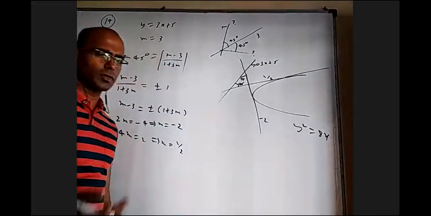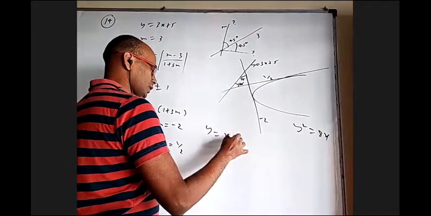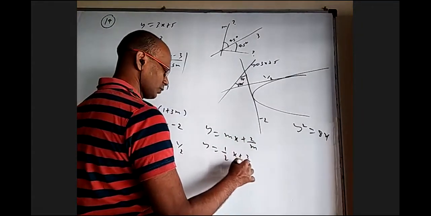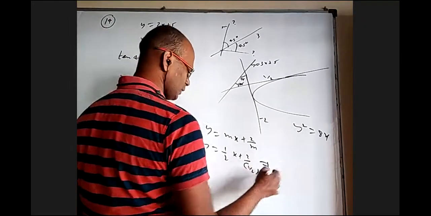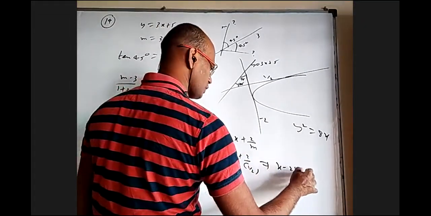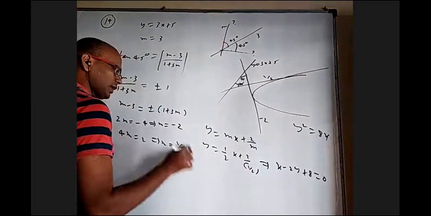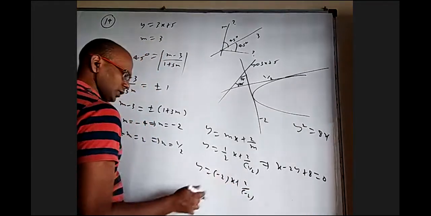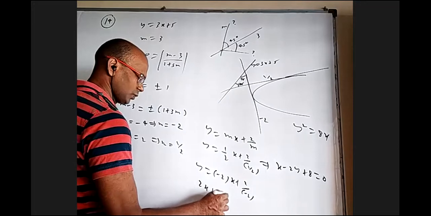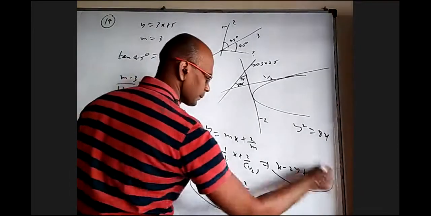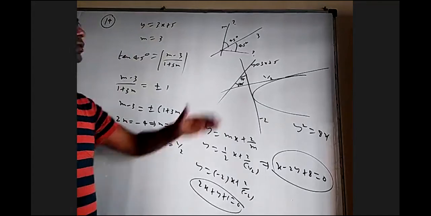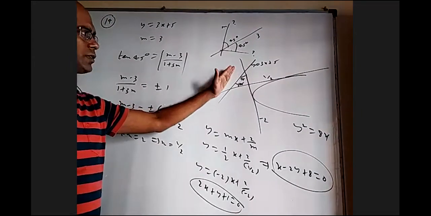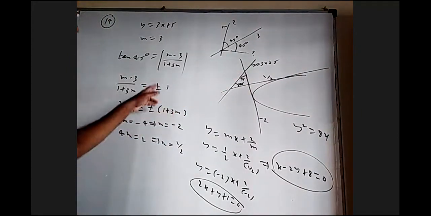We have the direct formula y equal to mx plus a by m, so y equal to mx plus 2 by m. M is 1 by 2, I can put. That will give me 4y equal to x plus 8, that is x minus 4y plus 8 equal to 0. If I take minus 2, y equal to minus 2x plus 2 by minus 2, that's it, 2x plus y plus 1 equal to 0. If you directly know the slope of the tangent is m, use the formula y equal to mx plus a by m, but we don't know that slope. They gave some other line which is making 45 degrees with that tangent, and with that angle we are able to find the slopes.